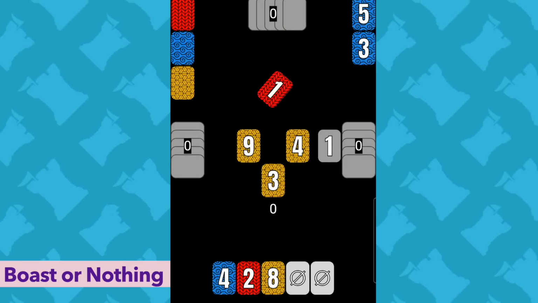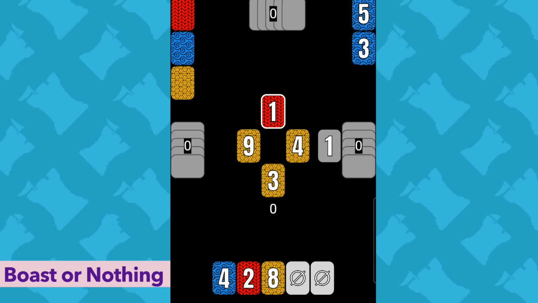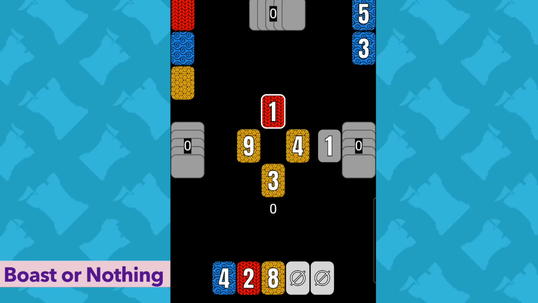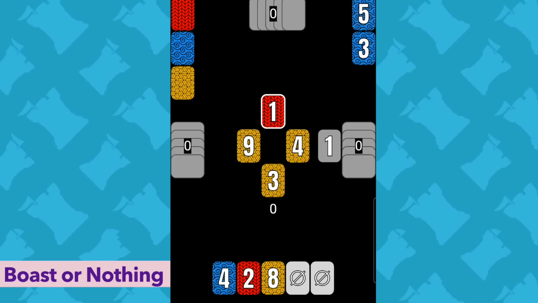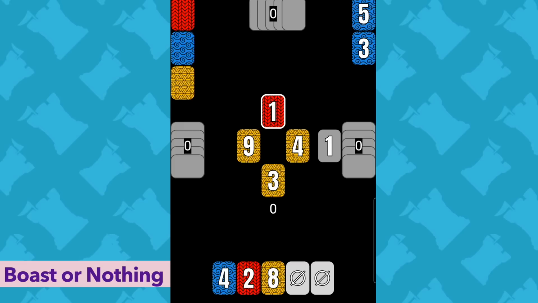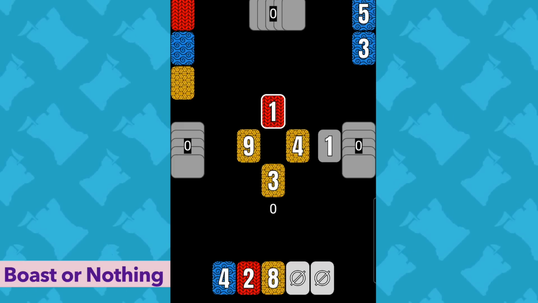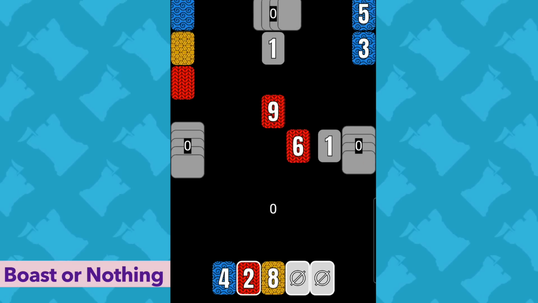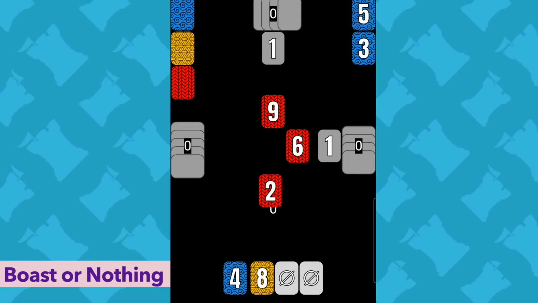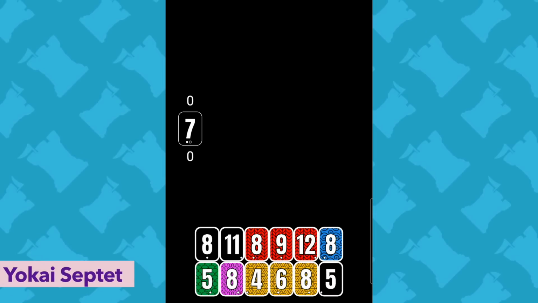In this particular game, you either want to have 0 tricks, or, in a 4-player game, exactly 2 tricks in order to earn points. You'll notice in this one, someone played a red, which is highest up on the hierarchy, and so they win the trick, and now the red card is going to fall down the hierarchy table, so now red is the weakest amongst all the 3 different suits, kind of a multi-tiered trump. Yokai Septet is a game that's played in partnership, so there are 4 players: